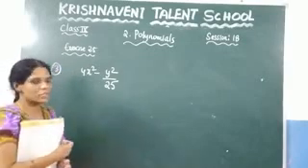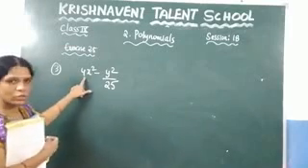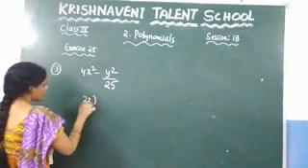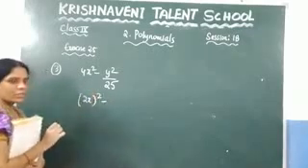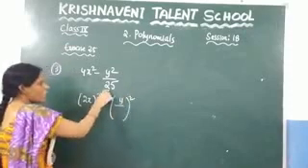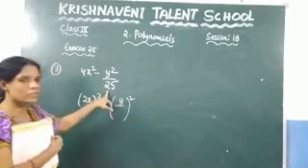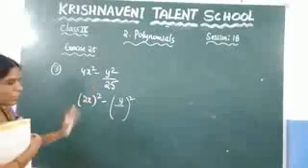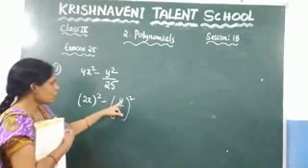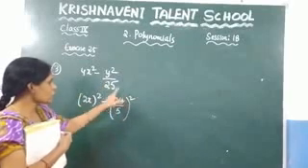As a product of the factors. So here, what is the number that should be multiplied so that you get 4? You know that 2 square is 4, so you can write this as (2x) whole square, right? So here, what we need to do, you need to write y by, what is the number that should be multiplied by the same number to get 25? It is 5 square, which is nothing but 25.